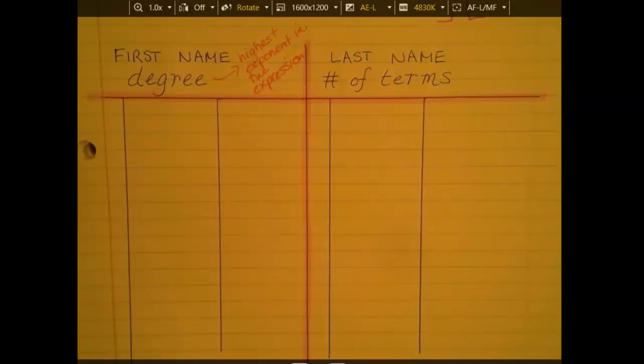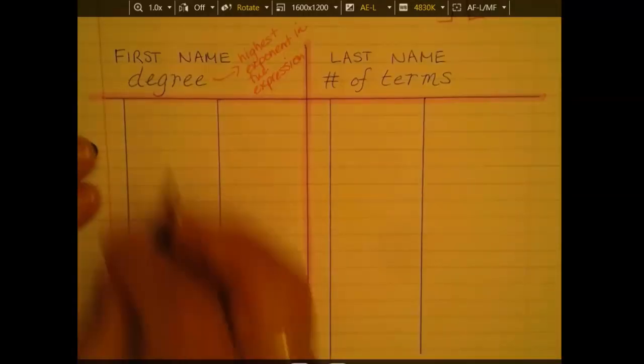Okie doke. So you have your chart and we're going to fill it in right quick. We are talking about polynomials first name. First name comes from the degree, which is the highest exponent in the expression. Here we go. The degree can go from 0,